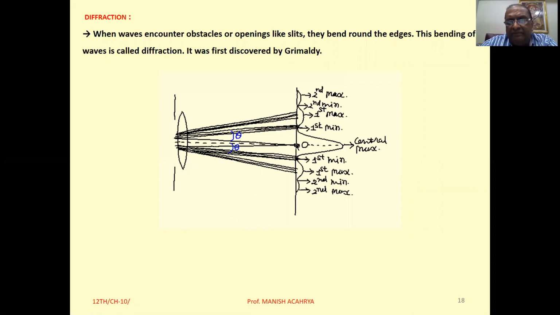Now see, we can give the explanation of the central maxima like this. Here all those waves which are passing through the slit